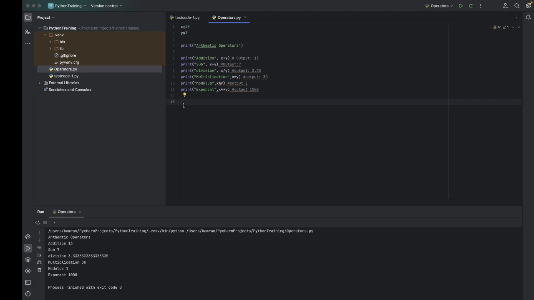Let me print comparison operator title. Let's check these two variables comparison. Equal to. x equal to y. What would be the answer? The answer would be false because these two variables are not equal to. So the output